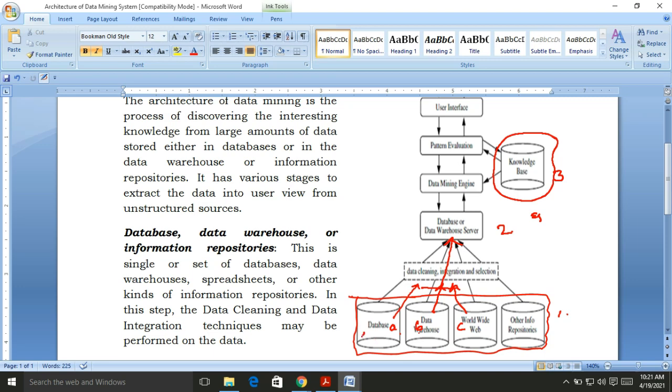This is the student academic data, this is the student fee data, and this is the student personal information, that means his address, his family details, something else. So we integrate and extract the entire data of a particular student and keep it in a data warehouse.